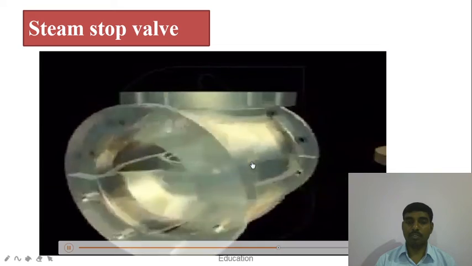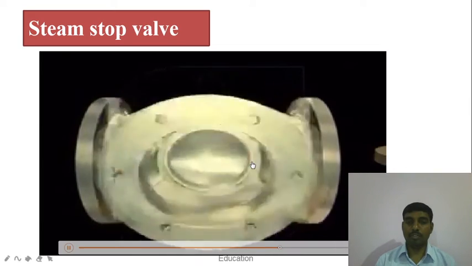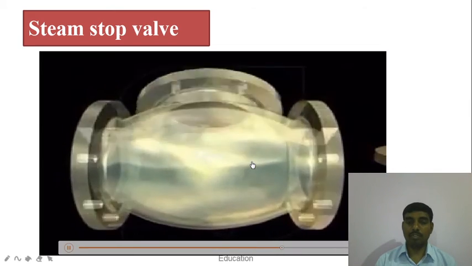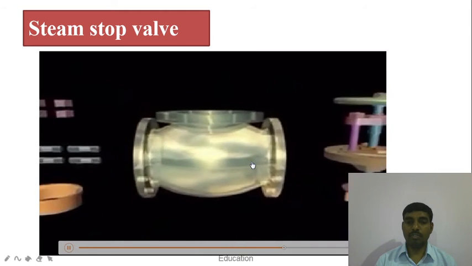The main body is flanged in order to provide connections for inlet and outlet of the fluid flow.